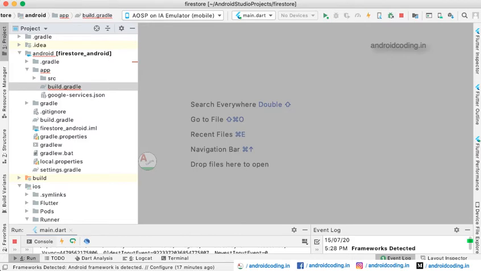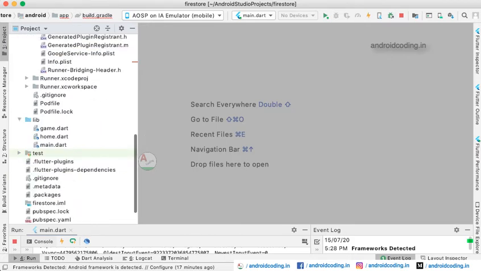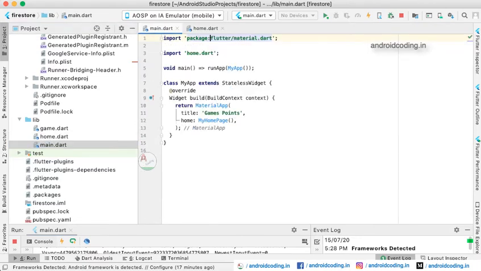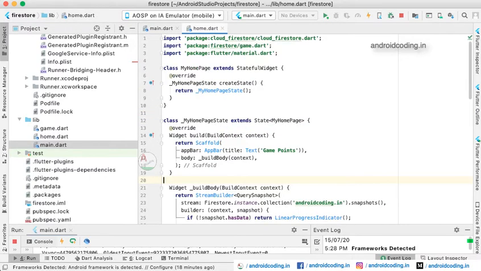Let us get into the coding part now. Here we have three files. The first one is main.dart. This is a basic declaration of our project in Flutter. Here we have provided a void main, using which we have taken a default MyApp class extending StatelessWidget, for which we have provided a title, and in the home we have provided MyHomePage. Here you can see the home. MyHomePage is extending a StatefulWidget here,